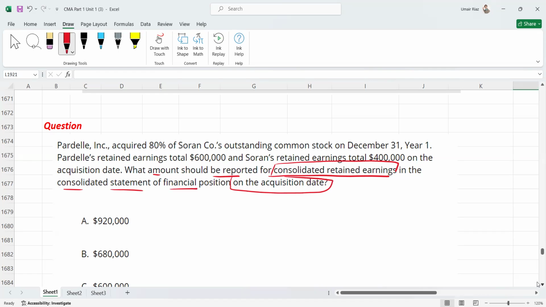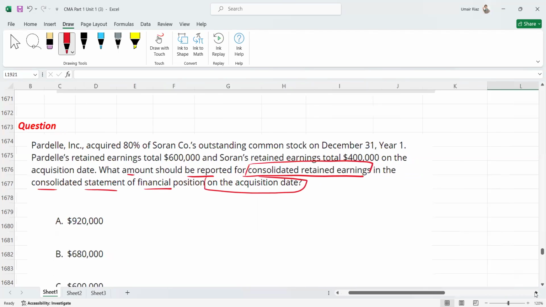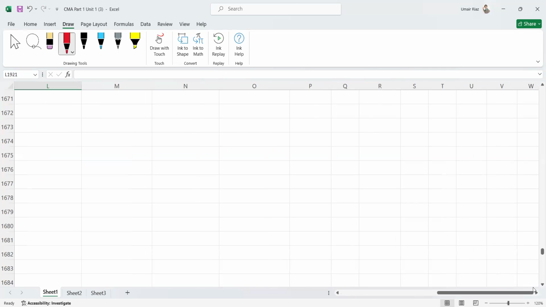You know, reporting date is the date when you will prepare the first set of consolidated financial statements, at the end of year. That is reporting. But they are asking at the acquisition date. So I'm just quickly telling you here, guys, please remember the date of acquisition. Okay. So if you are preparing equity section for consolidated financial